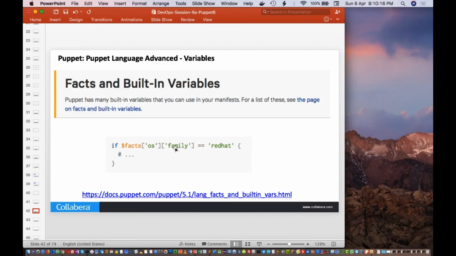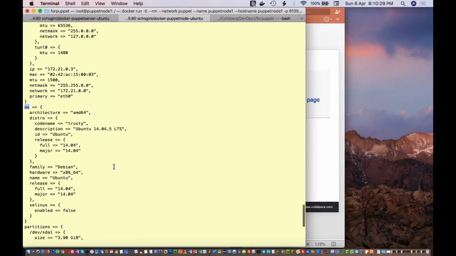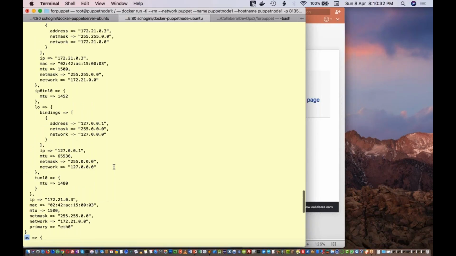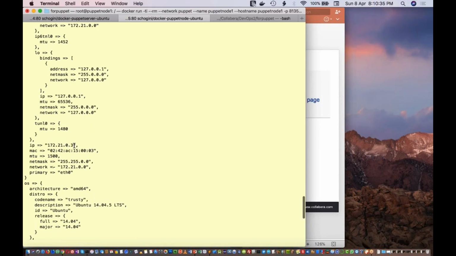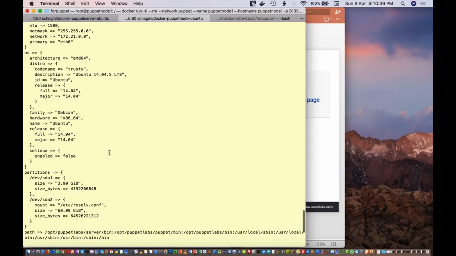So clear? This is like using two-dimensional or three-dimensional array. Okay, so if you want to check whether the OS family is Debian or Red Hat or Ubuntu, like that, if you want to specify, then what you can do is you can do like this. So like this, all these variables, like if you want to get the IP address, then what you can do is you can do facts networking, and inside that you can get IP to get the IP address. All those things you will be able to get.